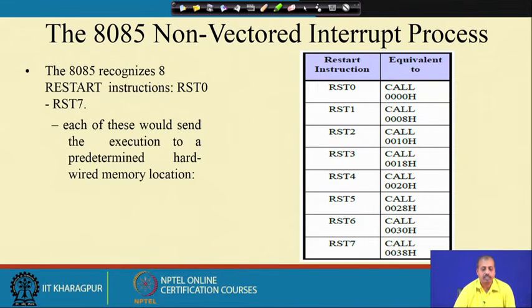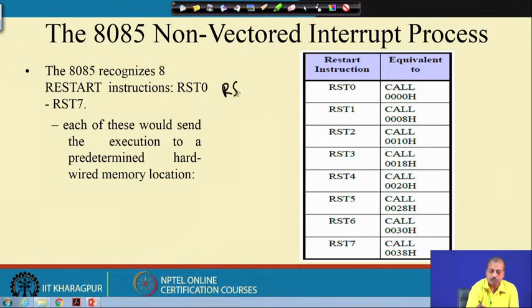So, as I said, there are 8 possible non-vectored interrupt RST instructions, RST 0 through RST 7, and each of these should send the execution to a predetermined hardwired location. If the instruction is RST n, the processor multiplies this n by 8, and whatever the result, it jumps to that particular location. For example, RST 0 transfers the control to memory address 0. Then RST 1 will transfer the control to memory address 8, RST 2 will transfer to memory address 16,